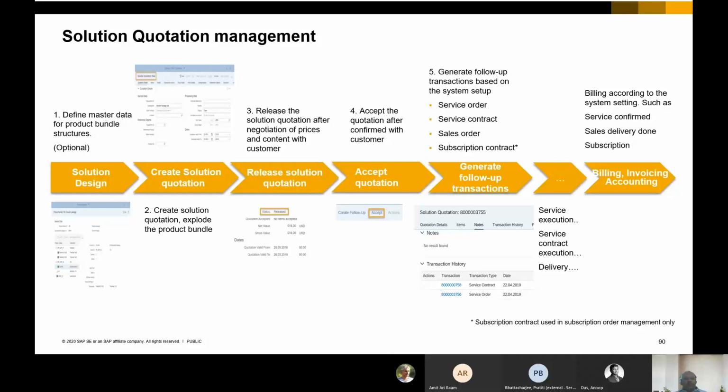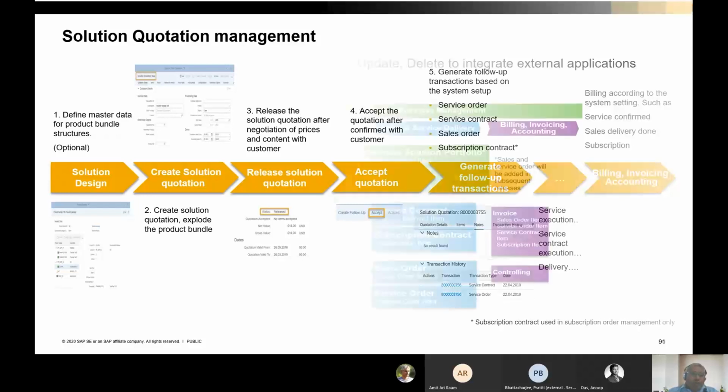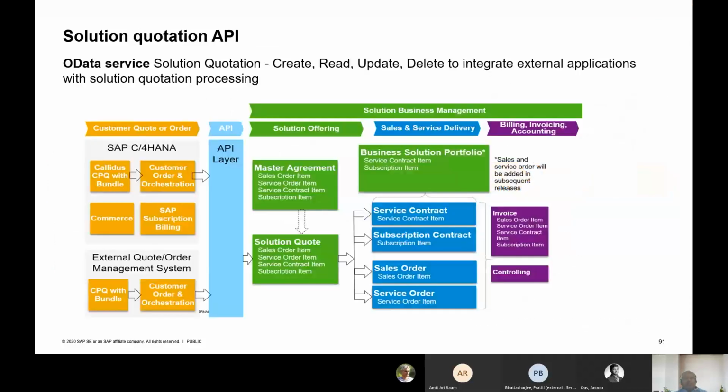I can also have my quotation exploded into the document, and I can also have a release for the quotation, the acceptance of the quotation, and the follow-on documents like a service order or a service contract or a service sales order, and then subsequently the execution process where we'll have the delivery, the service acceptance, or the service execution along with the billing. Yeah, so that is what has been enabled in the new functionalities related to solution quotation management.